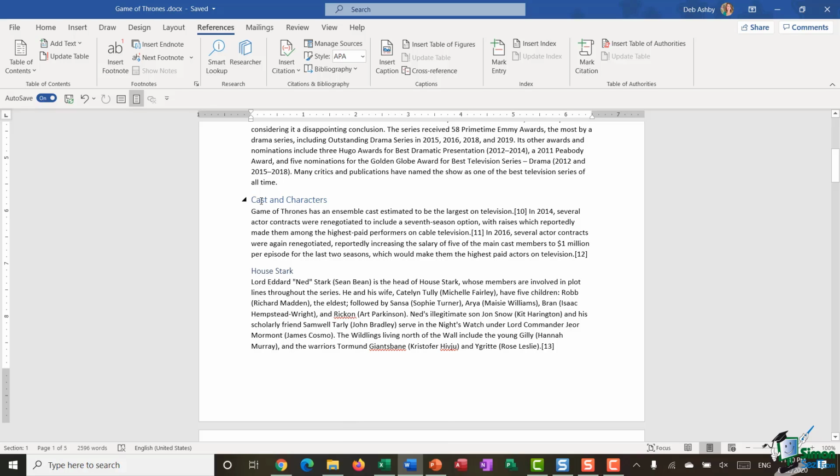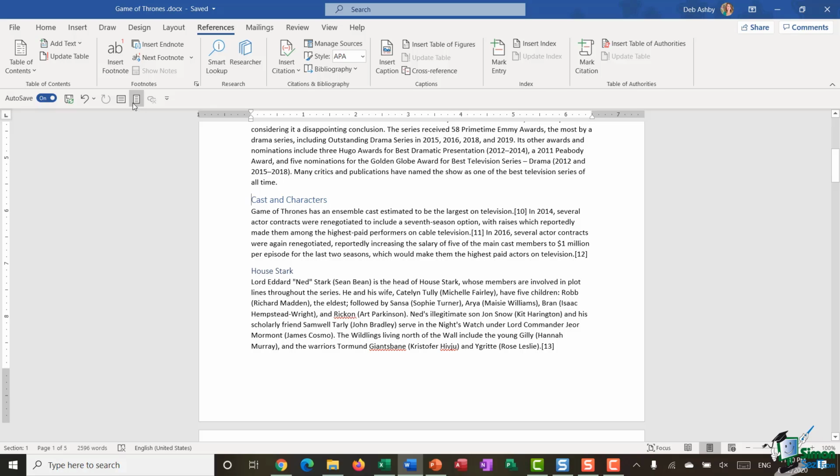So I can achieve that by inserting a manual page break. Now, as with most things in Word, there are numerous different ways that you can insert page breaks, so I'm going to show you all of them. The first thing you can do is make sure you have your cursor clicked where you want to add the